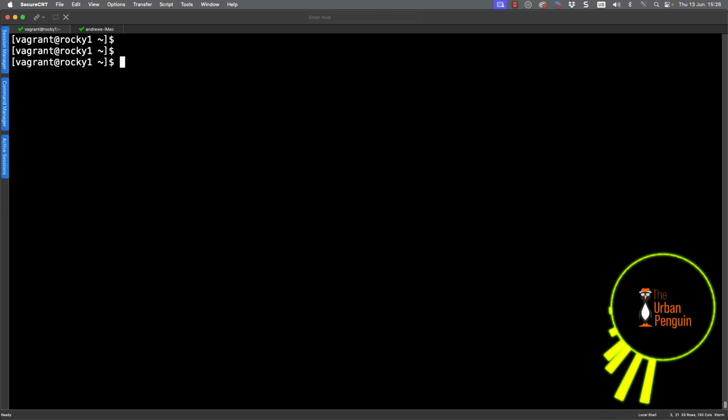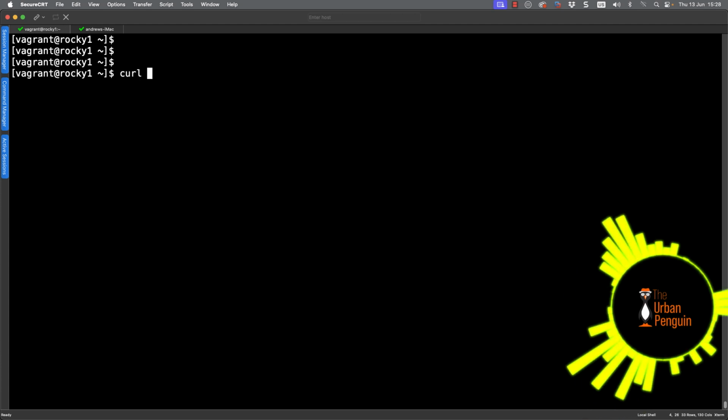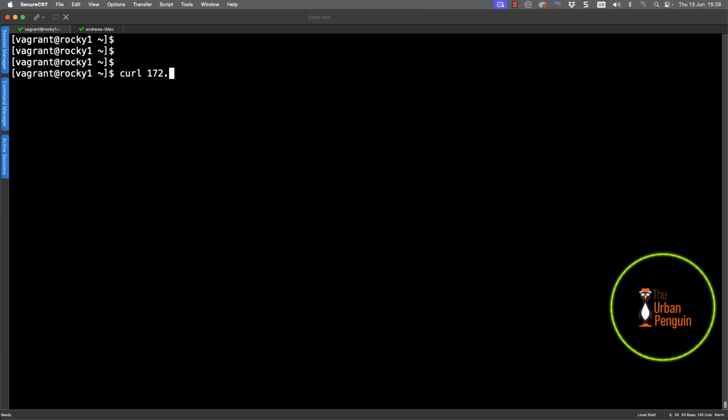I have a couple of Rocky Linux systems here. One is acting, let's say, as my laptop, and the second is then acting as my embedded device that is only working with HTTP. So if I try curling 172.16.247.158, I think should be the IP address, I get my secret site coming out.